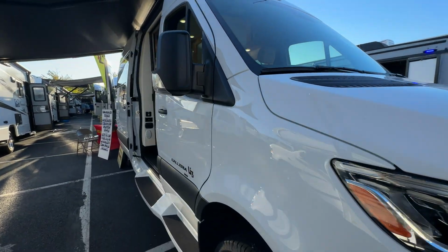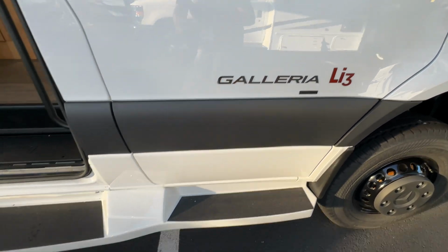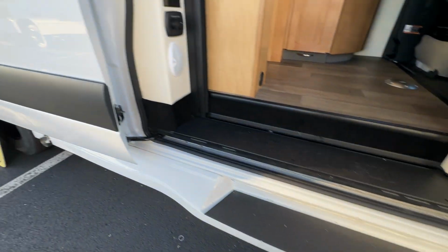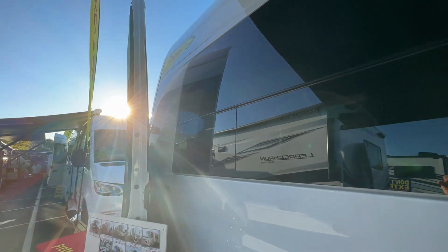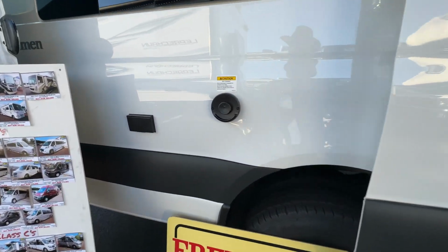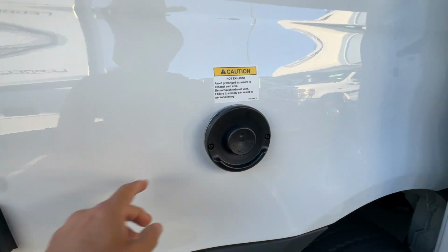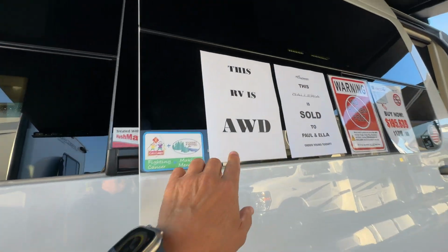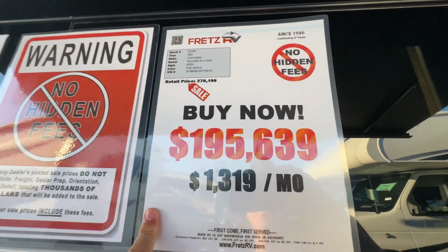All right, folks, here we are. We've got the Galleria, the lithium package, the Li3. Beautiful boards here. We're going to go quick with this review. We've shown this unit in the past. This is the Galleria by Coachmen, manufactured down in Indiana with Nick, the general manager, and his team. They've done a phenomenal job with the quality, the fit and finish. Truma there. This is an all-wheel drive, so this one's got it all. Lithium, all-wheel drive, Mercedes